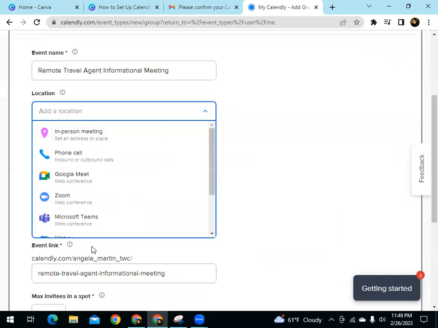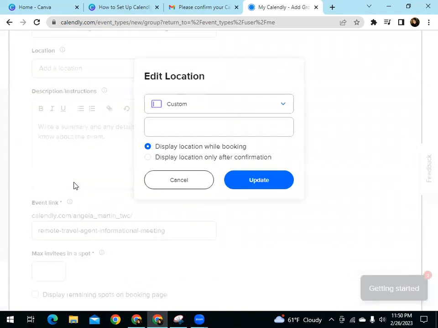Location. Now, you'll have a couple of options here. Please be mindful, do not select Zoom, even though you know that the informational meeting is held over Zoom. The reason you don't do that is because you would have to link your personal Zoom, and you can't do that since the meetings are held on a different Zoom. So what you can do is you can put custom. And when you put custom here,